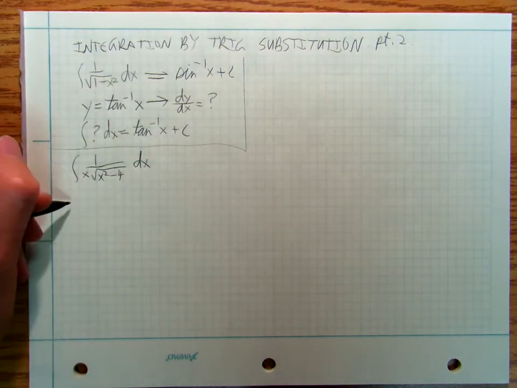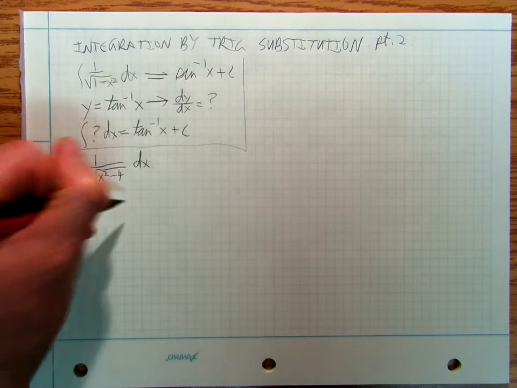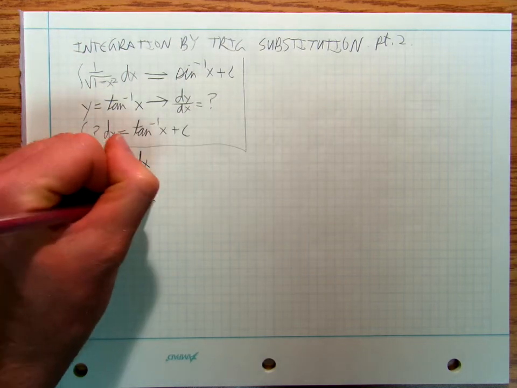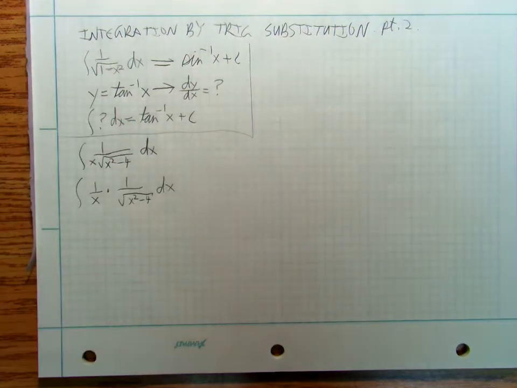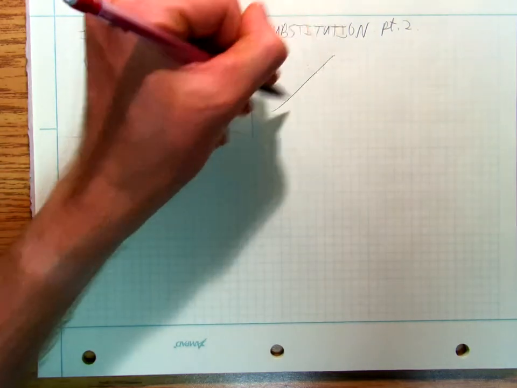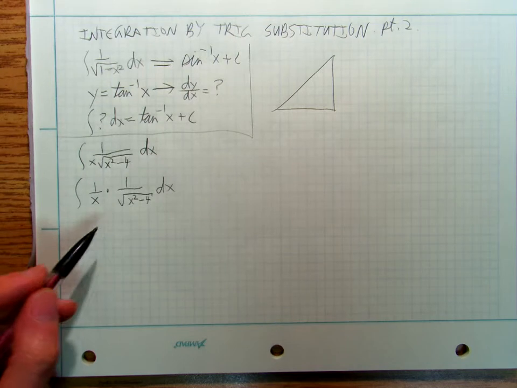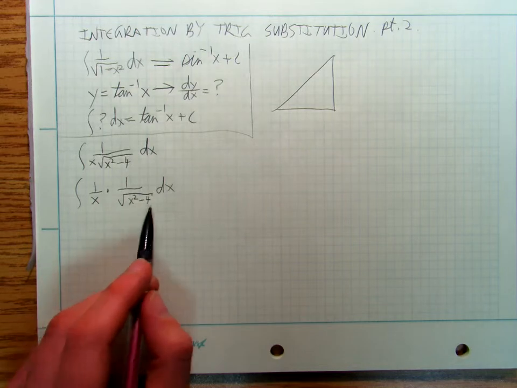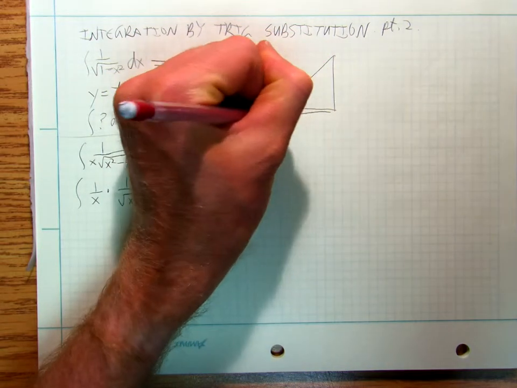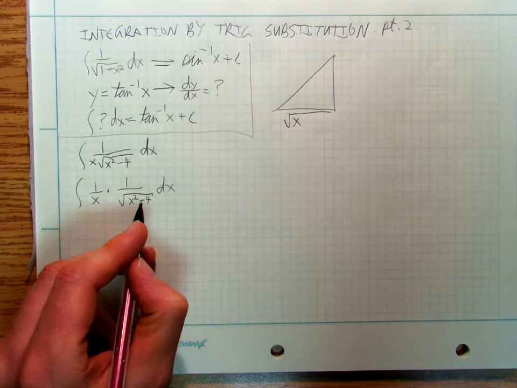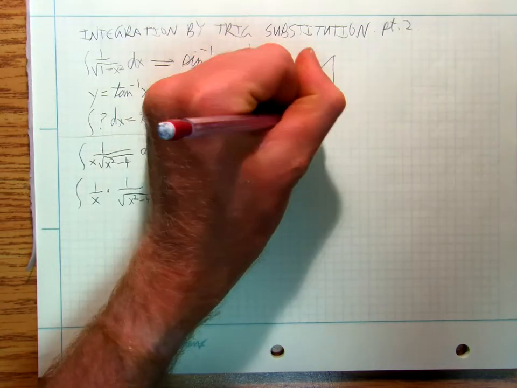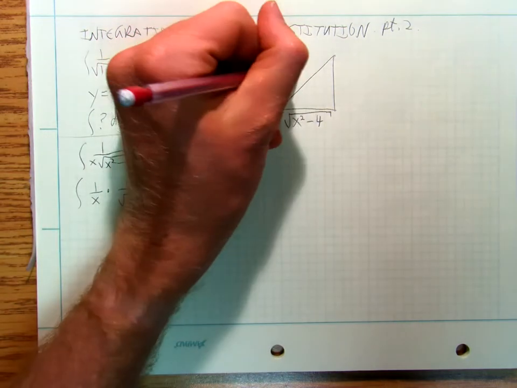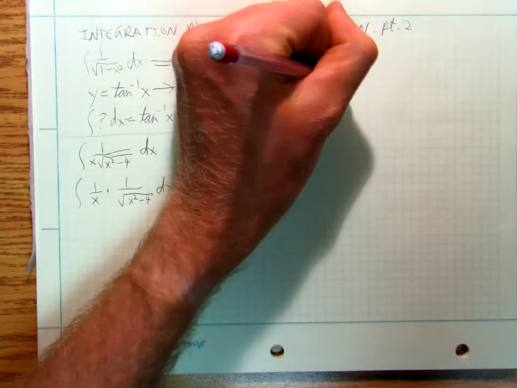And I want to split this into two fractions. And then I want to go to my triangle. And I want to say, well, here I've got square root of x squared minus 4. Well, that's going to be a side because of the minus. There's a minus there, so I put it as a side. And then here I'm going to have x. Here I'm going to have 2. So I've got